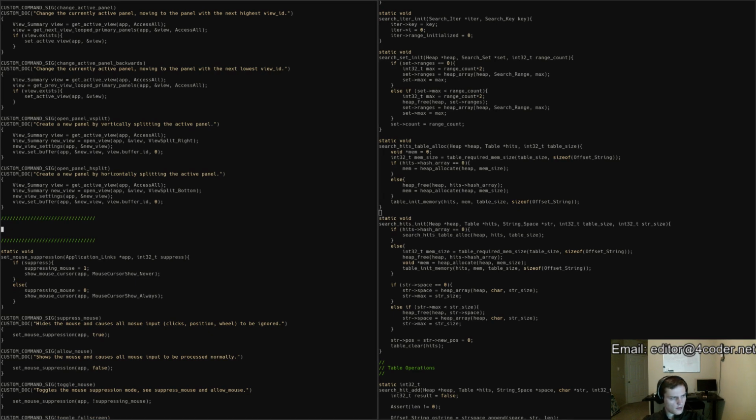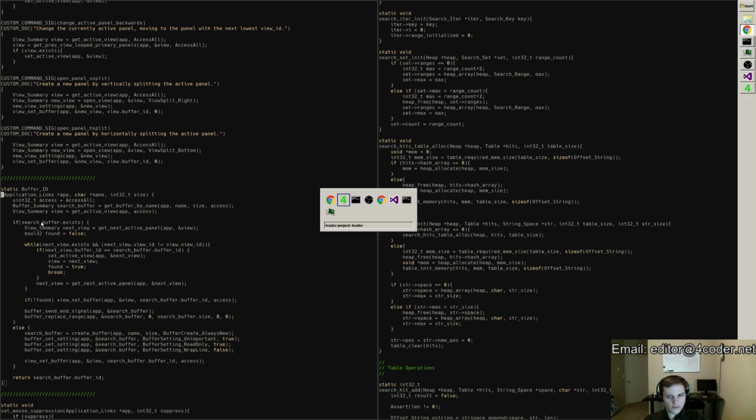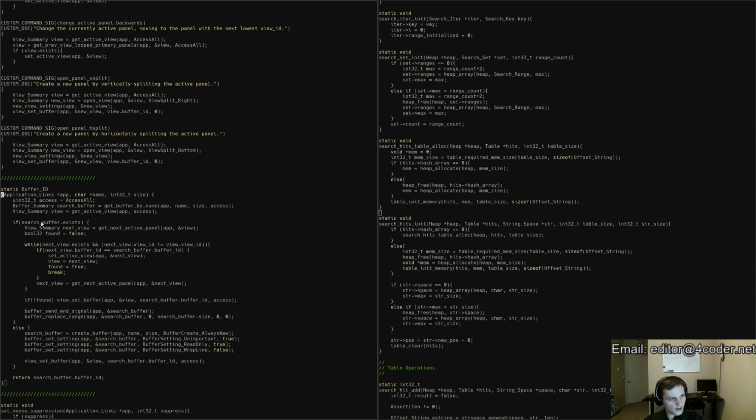Okay, so now I'm going to copy your code here and review it real quick to see how it works and stylize it to match me and whatnot. So this name I don't like. Sorry, I know it just makes work for you, but I'm going to switch it to a slightly more terse name. Create or switch to named buffer. A buffer by name. If the buffer exists,